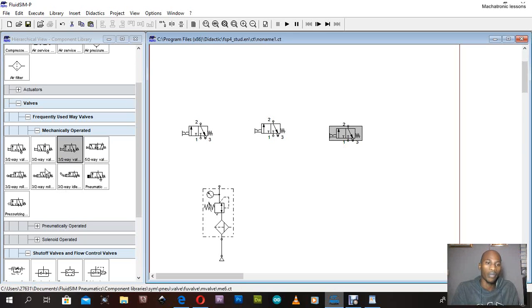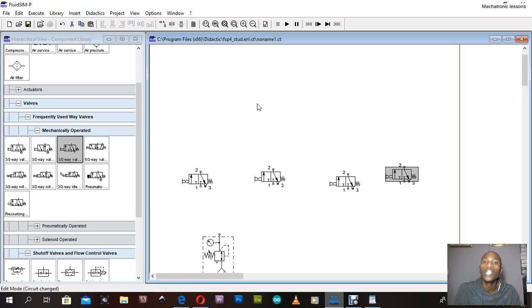Even if you take four, it doesn't matter. It doesn't make any difference. So now we have these, our valves. Okay, we're going to have to use a three two-way valve. Why? Because now we need to decide which